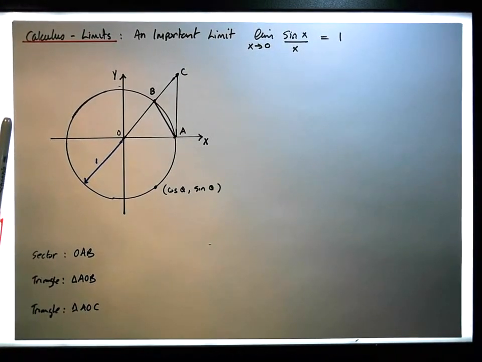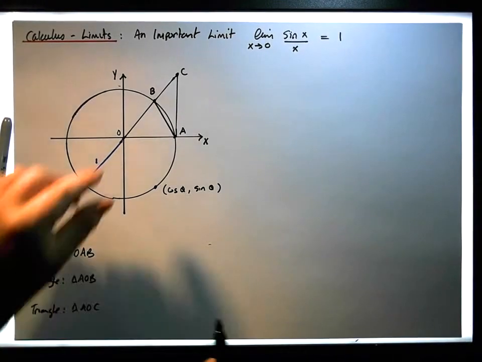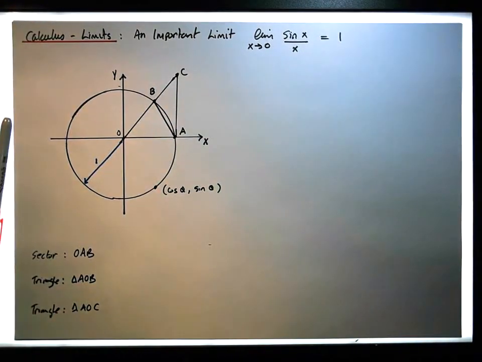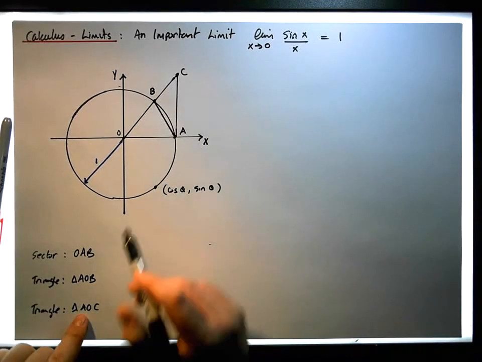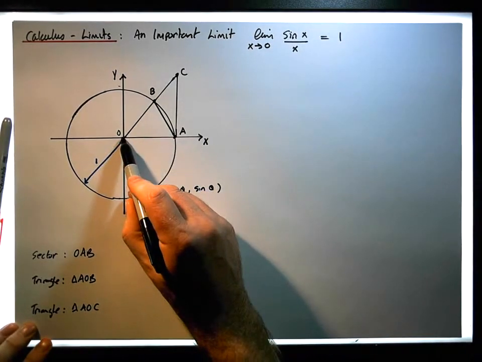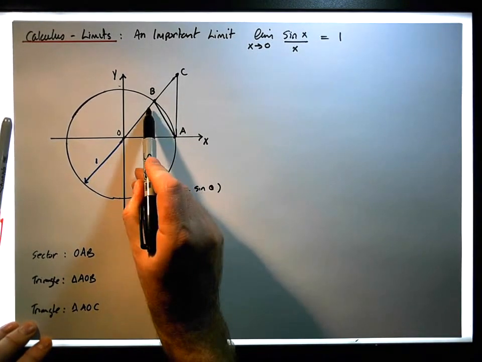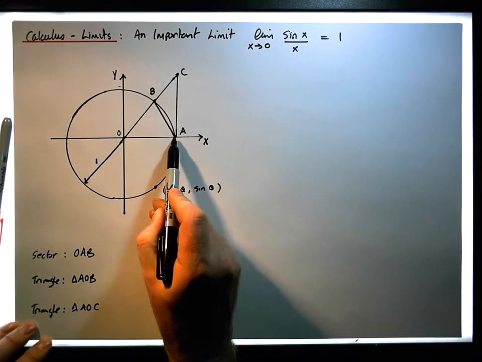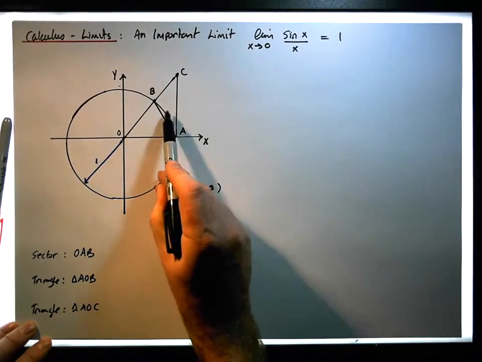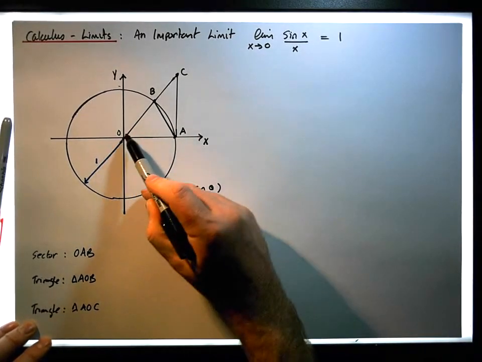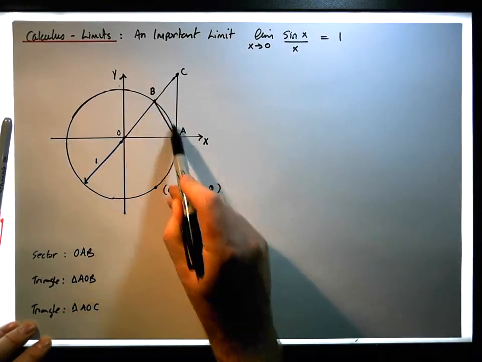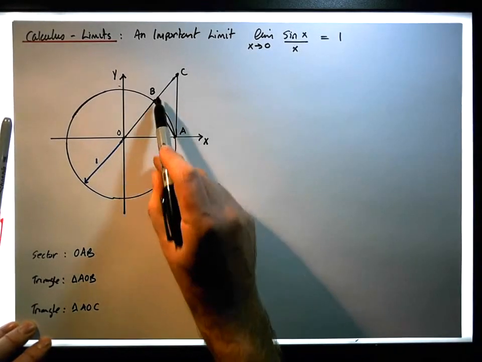Now let's have a look at these sections that we've just constructed. I think what we can see is that when we look at the triangle AOB, its area is definitely less than the area of the sector OAB, and the